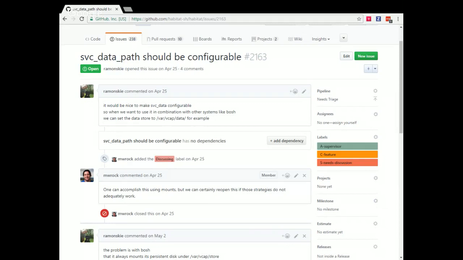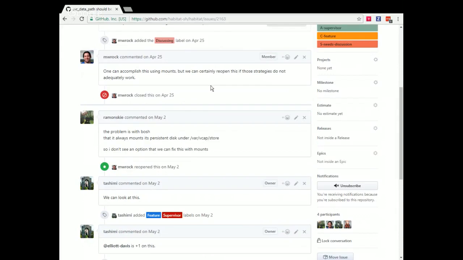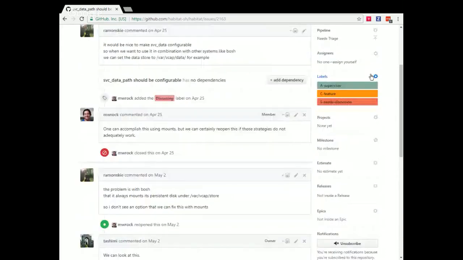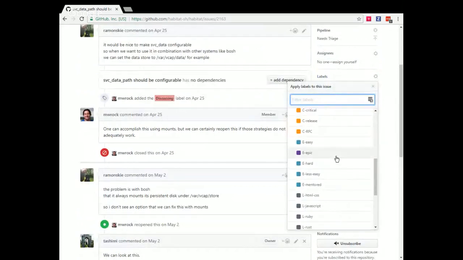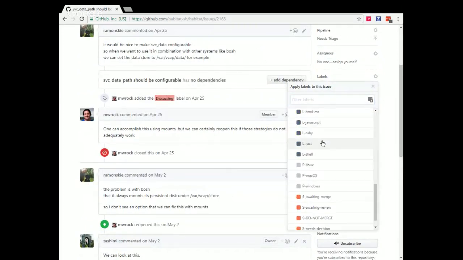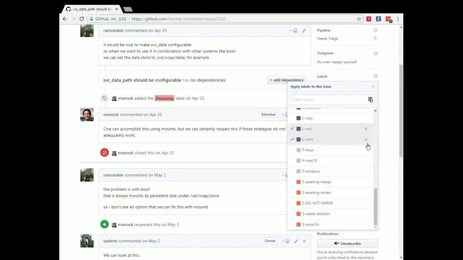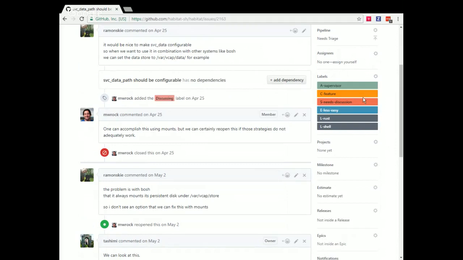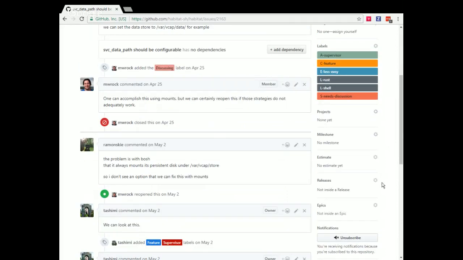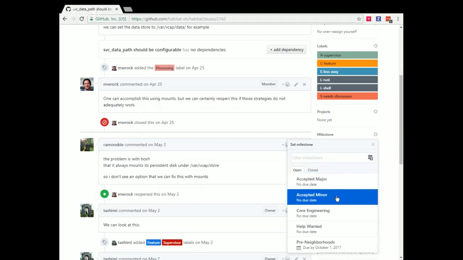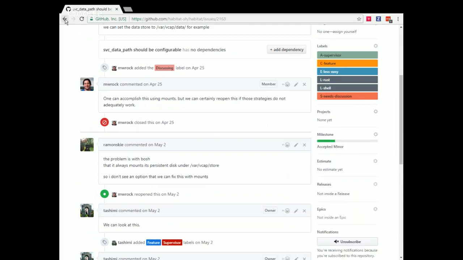So for now we should probably update this to a feature request. There's going to be some Rust involved, there might be some shell involved, and it's going to be supervisor specifically. We're going to put that under accepted minor and move along.